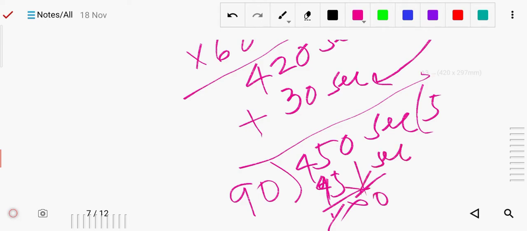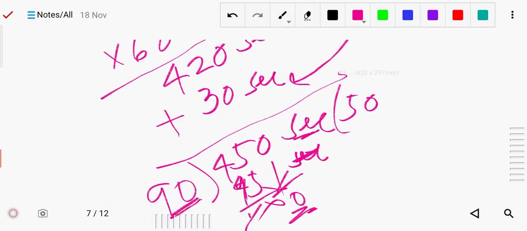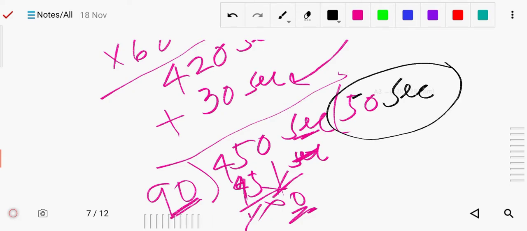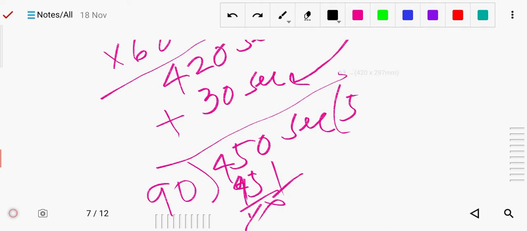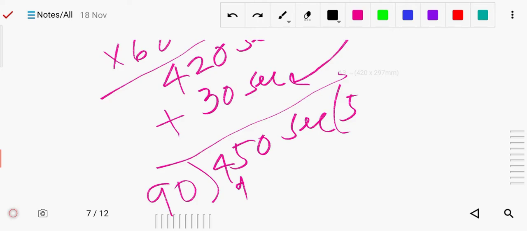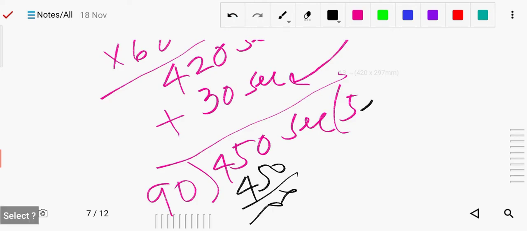So we will bring down the 0. Can we divide? This 0 cannot be divided by 90, so put the 0. Now this is seconds, so this quotient will also be in seconds. Oh sorry, no need to do anything here, so directly we can divide 5 times. Directly we can divide here 5 times 450 it will be. So here is the 5 seconds.